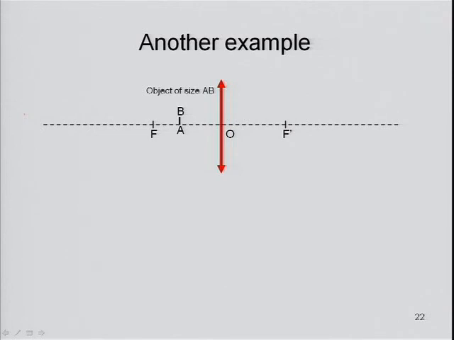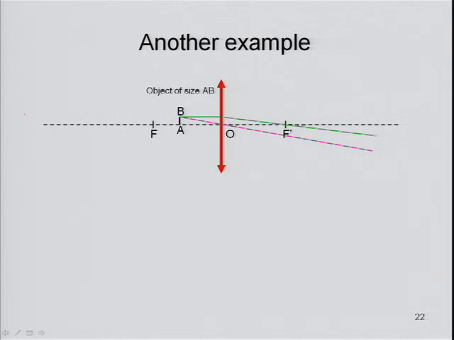So I took another example here, same thing, to go a little further into real and virtual objects, real and virtual images. I have a convex lens, because f prime is on the right side, and an object AB, but now my object is between my object focal point F and my optical center O. So if I trace the first ray going through the center, not deviated, and the second ray parallel to the optical axis going through F prime, well,